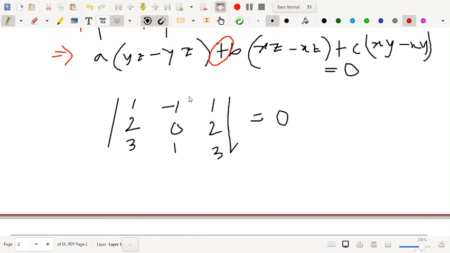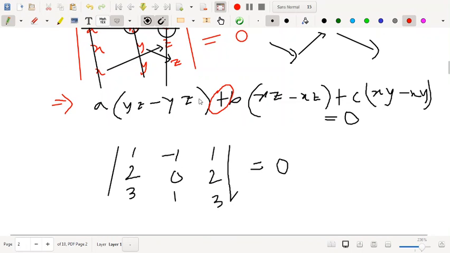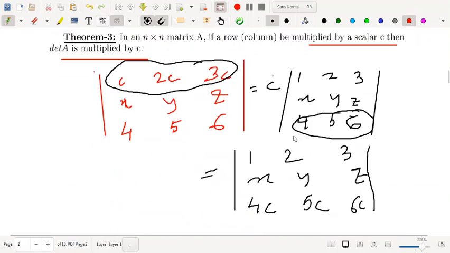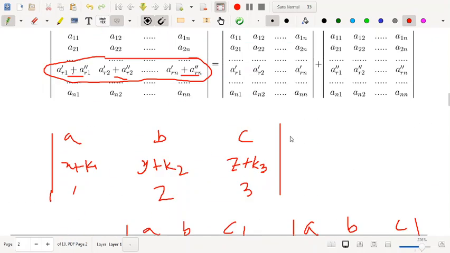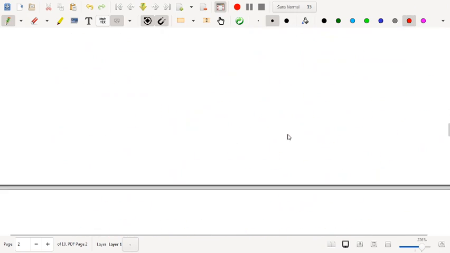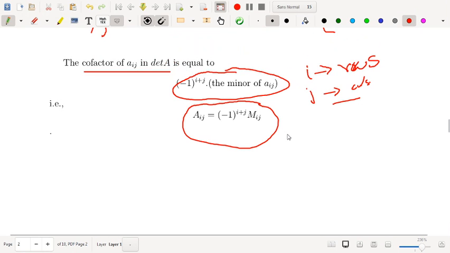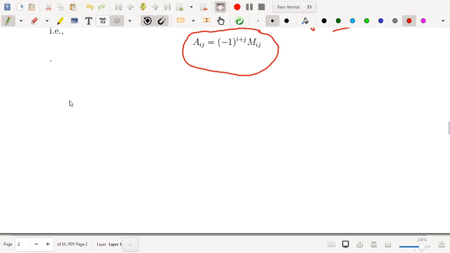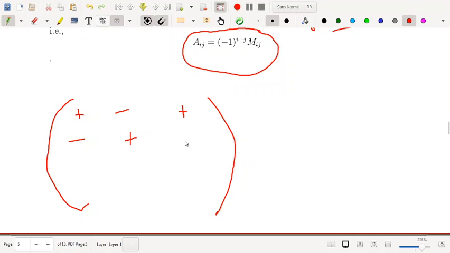Why there is a negative sign and why there is a plus sign, that you will be asked. The reason is the cofactor and minor. Also in the adjoint, I will show you definitely. If you write the adjoint of a matrix, the first one is plus, next one is minus, next one is plus, alternately plus and minus. Actually I am writing the signs, symbols, not the magnitude.